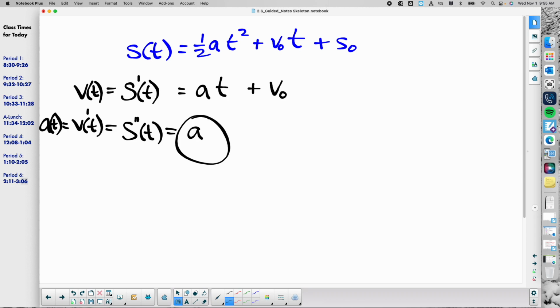And so somebody just measured this, and then they did the reverse derivative, came up with this equation, and that's where this equation came from. So they figured out how to find velocities at any time. And then they did the reverse derivative and came up with the position function. So if you're ever in class and looking at a crazy equation like this, and you're wondering how on earth would somebody come up with this formula,